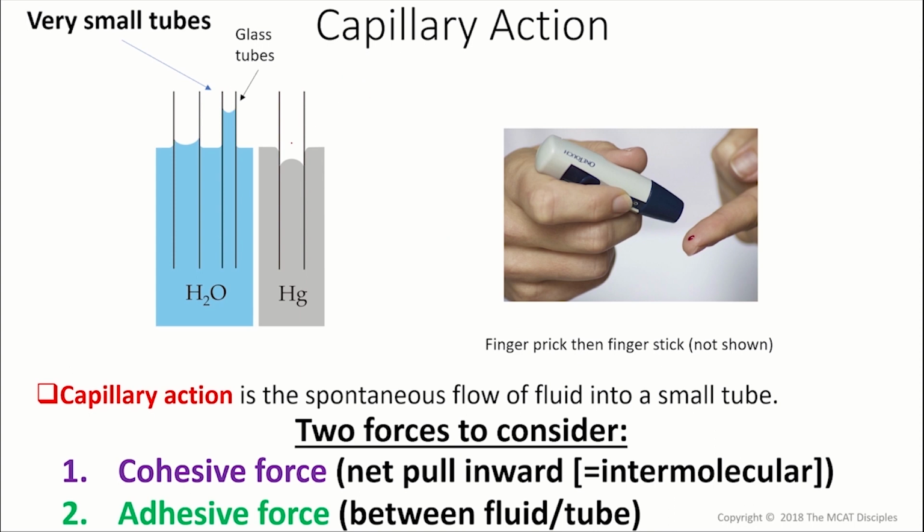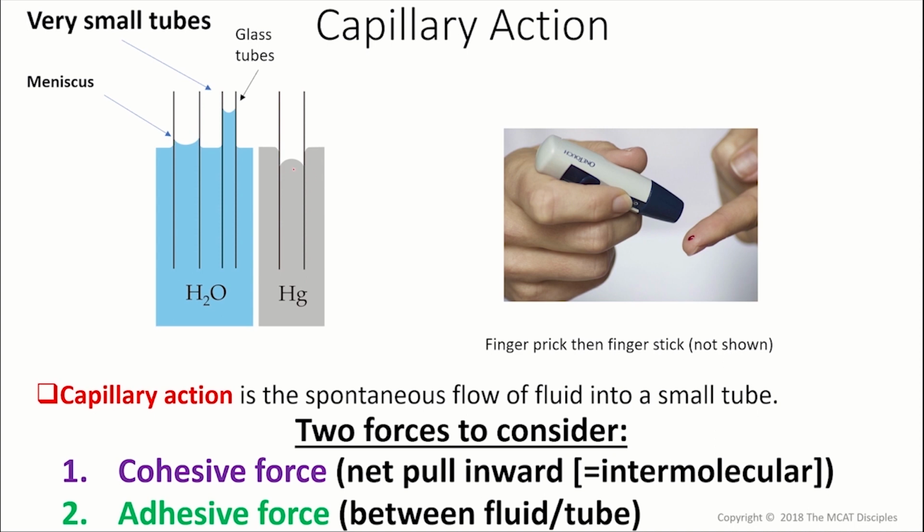There are also the cohesive forces, from the intermolecular attraction in the fluid, that cause it to not go up the tube, and that would then determine the height it goes up the tube. You'll notice that in most of the fluid drawings that I did in this lecture, I drew a meniscus. A meniscus is just a curved surface of a fluid in a tube or container. And that's showing you that if the meniscus is curved upward, the attractive forces between the fluid and the container are greater than the cohesive forces.